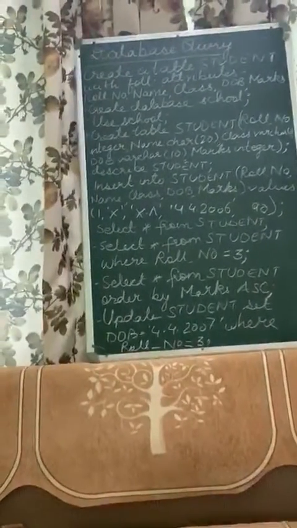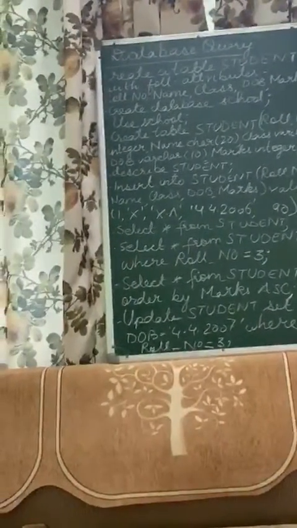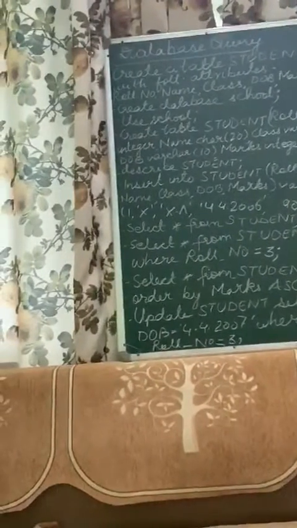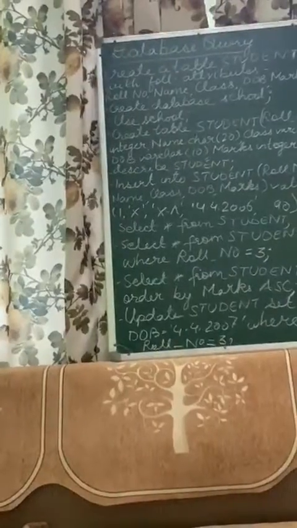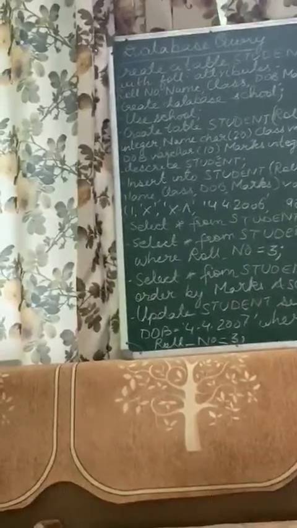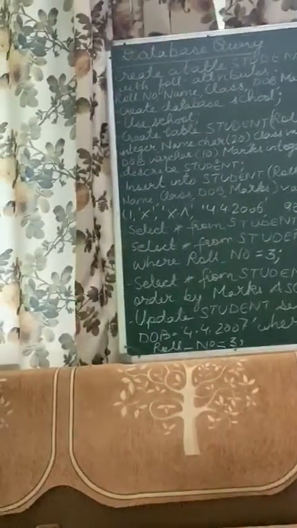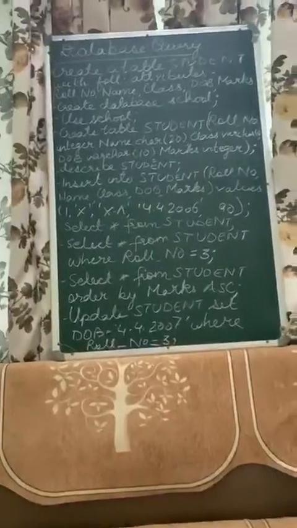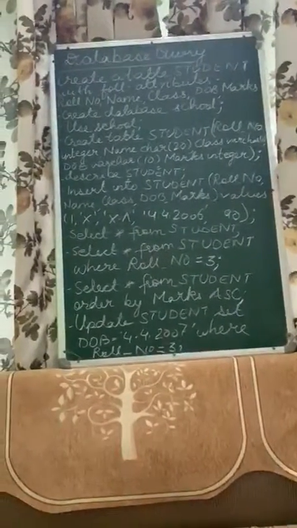Now you have to see this table with one row affected. So: select star from student; and you will be able to see the table student with only one row. In this way you can enter any number of rows in the table. For now we will enter just 5 rows, so I'll execute this insert query 5 times with different values every time.